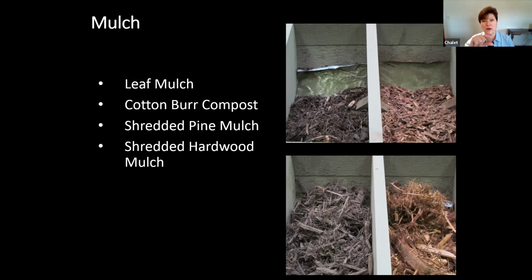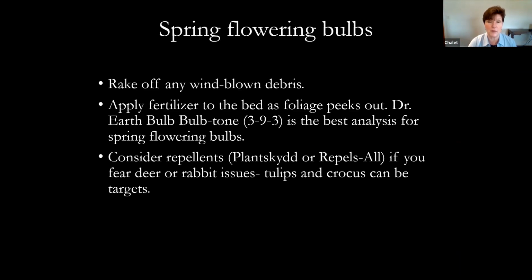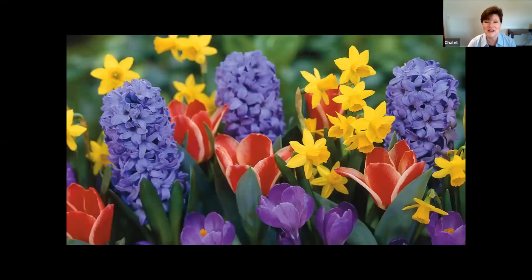And so if you're going to spread mulch 2 inches deep, a 2 cubic foot bag will spread and cover 12 square feet. Okay. Great. Our mulches are great. Now this is on the spring flowering bulbs, and boy, they're really slow and they're just